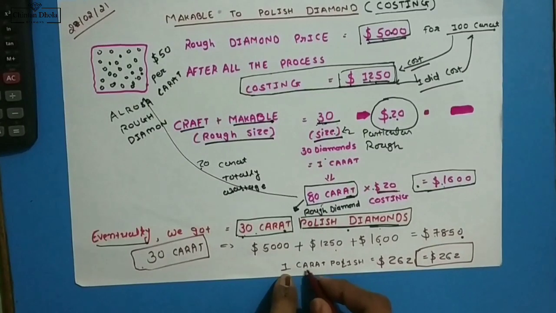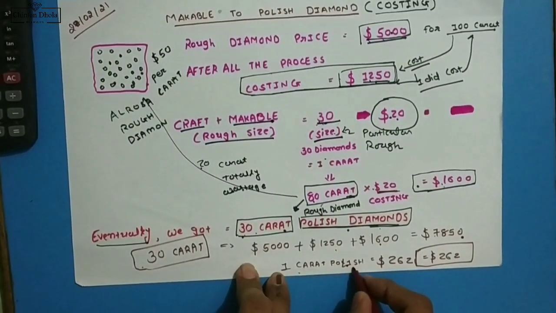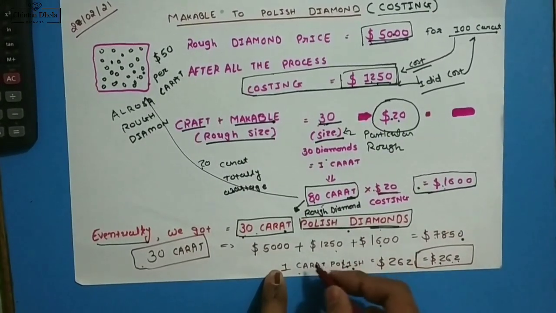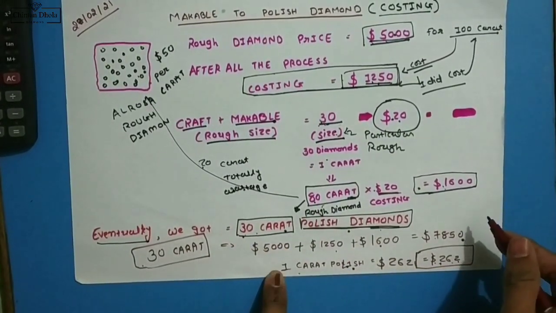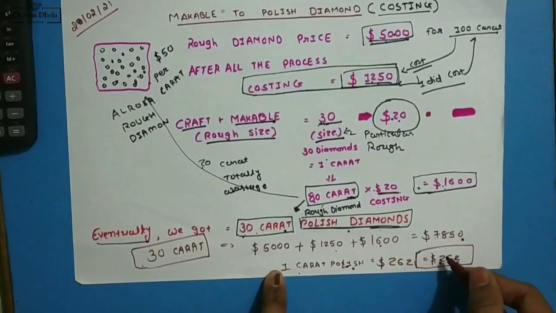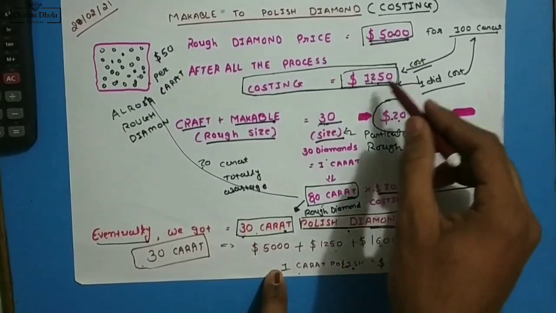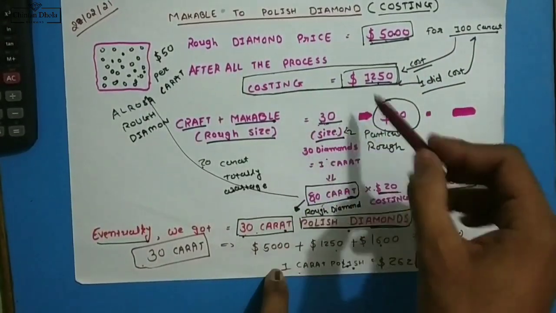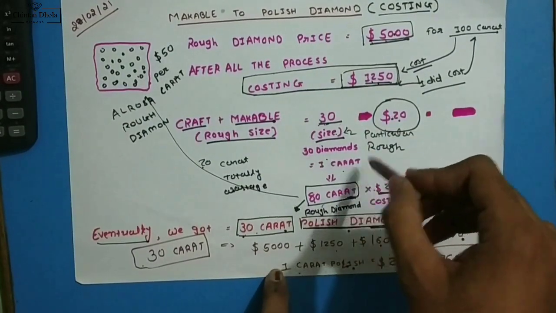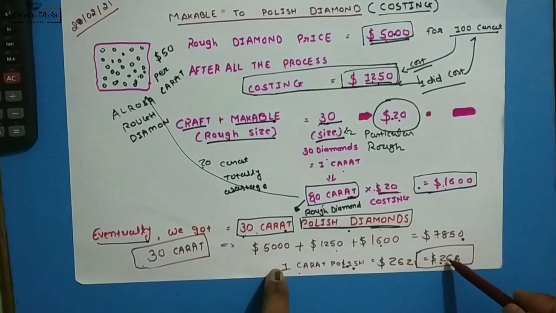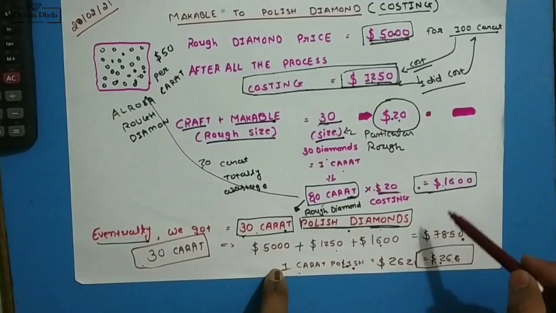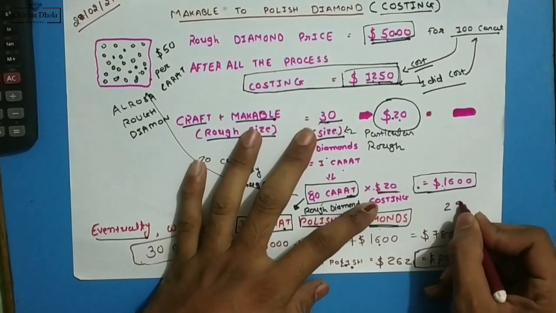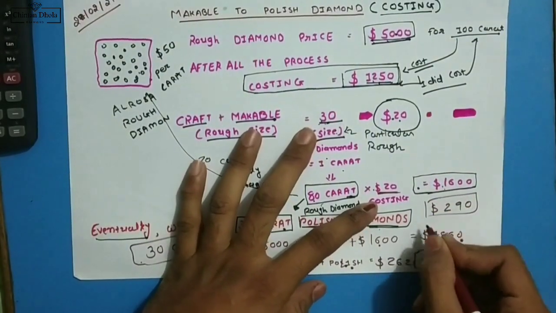And for a particular 1 carat polished diamond, I took from the market $262, and I will sell it in the market. Exactly what the profit margin is depends on you. You can do optimization methods in this process. It's your profit, as well as this is $262, but the market is going to fluctuate up and down. You can also get $290 for 1 carat.